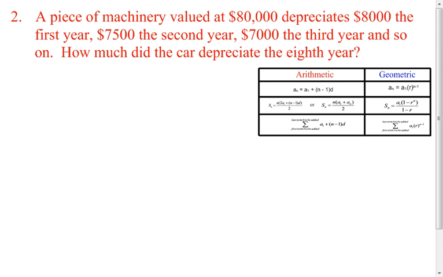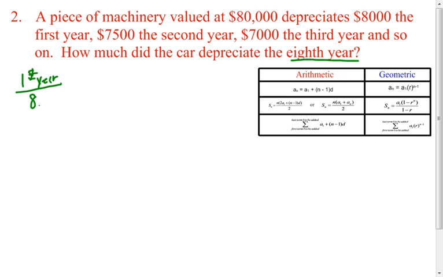In the next one, you're talking about a piece of machinery that started at $80,000 and it depreciates $8,000 the first year, then $7,500, then $7,000, and so on. How much did the car depreciate during the 8th year? Okay, so here's what I wanted you to think about. The first year,